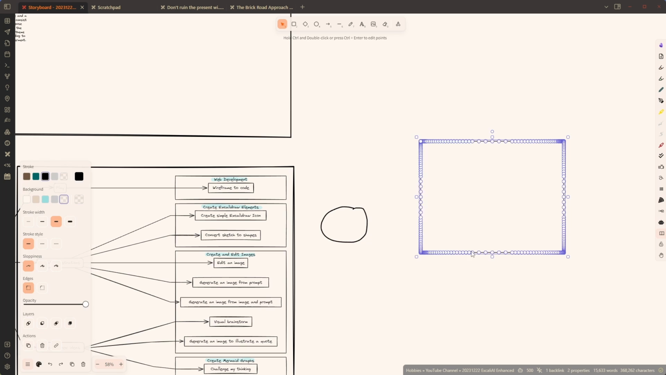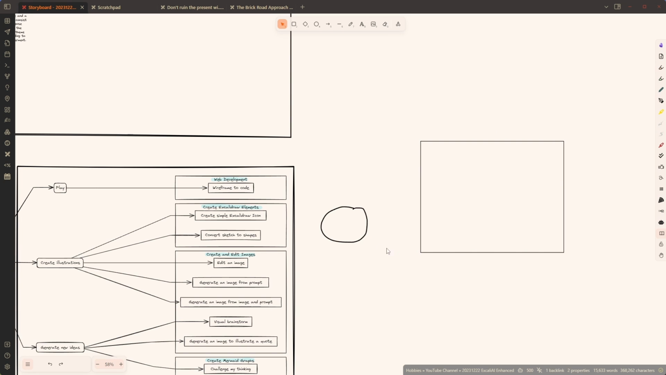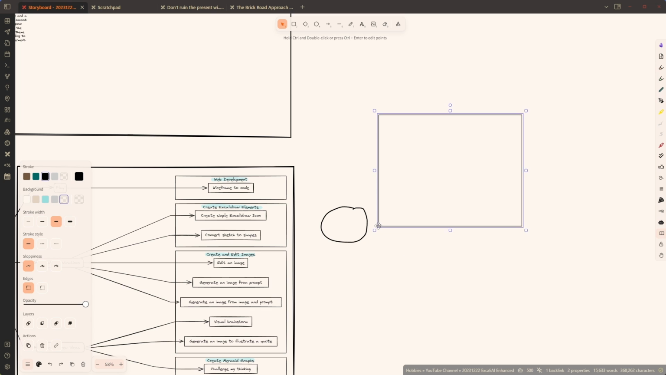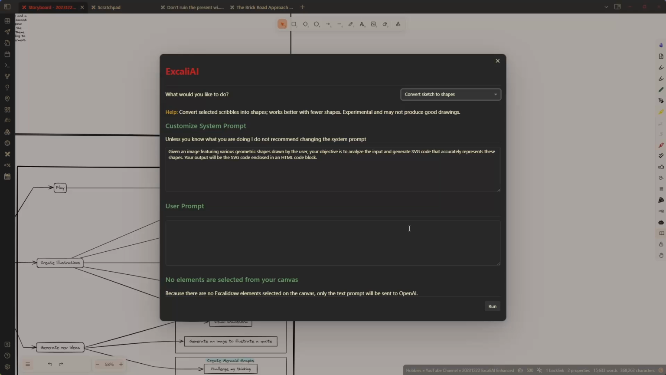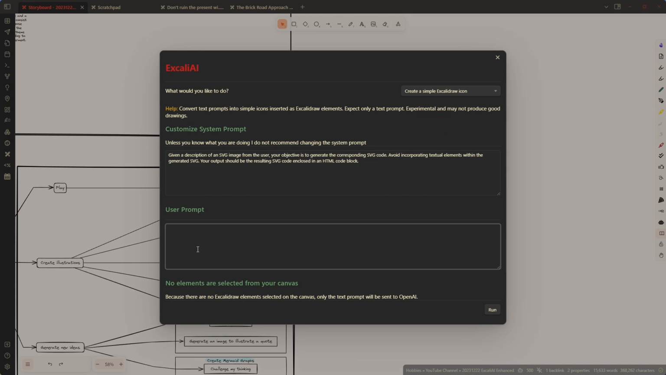So this was converted into a box. I mean, I thought that this was a circle. So it's not perfect. Let's look at the other use case. These 2 use cases about creating Excalidraw shapes is more of an experiment from my side. They are really not that good at the moment, but let's create a